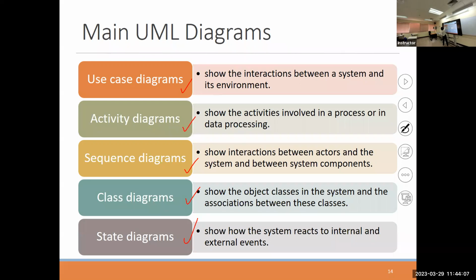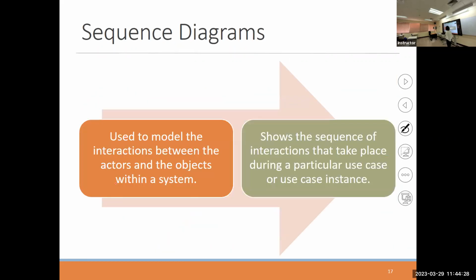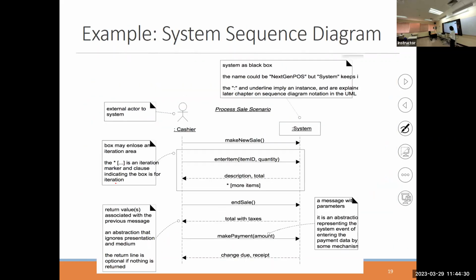We cover already the use case. Cover already sequence diagram, certain parts. We were partially in the class diagram, and then we will continue today to finish class, sequence, and activities. And then, sequence diagram, remember this is how it looks, and there also are